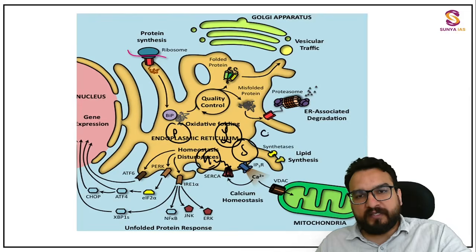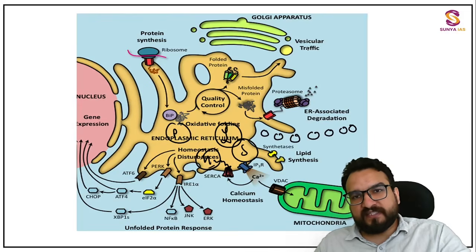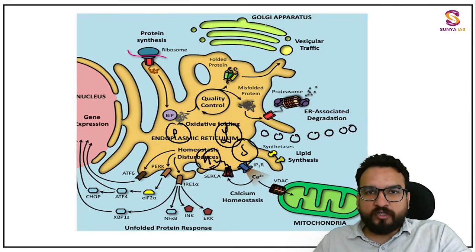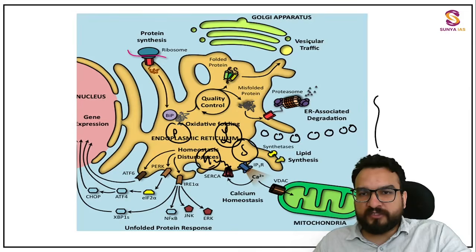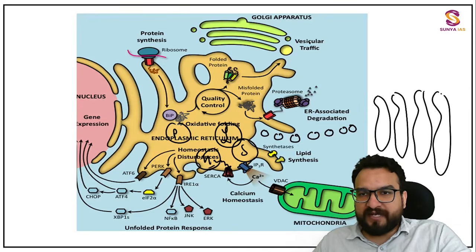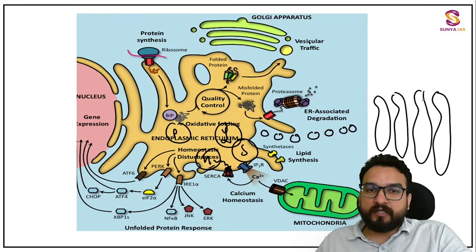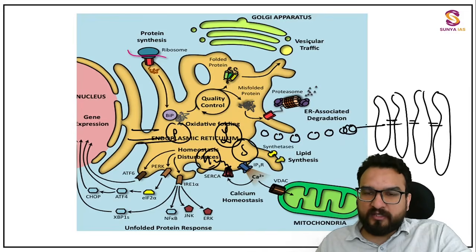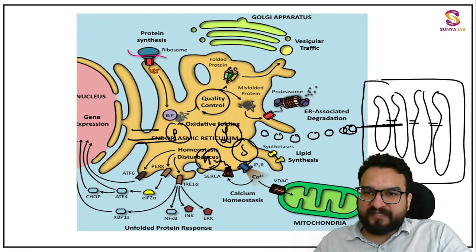And then they will be taken out in the form of vesicles like this, and vesicular traffic, you see this particular part, and it will be going to the Golgi apparatus. Suppose over here the Golgi apparatus is this, and see the difference between Golgi apparatus and endoplasmic reticulum, that they are not connected over here, but over here these are connected, right? So these will be going to this particular part of the Golgi apparatus, and the Golgi apparatus is having two sides.